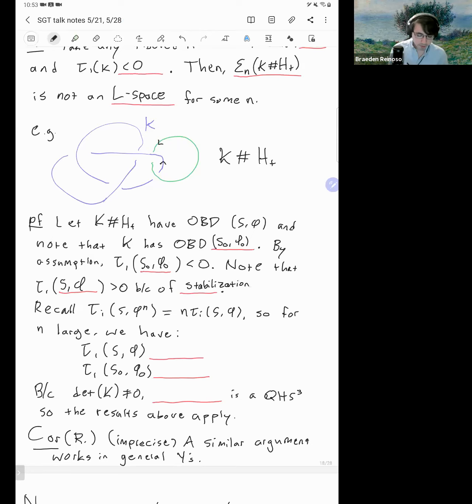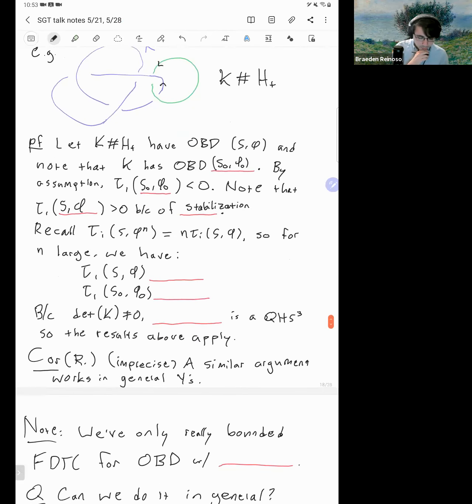So your open book SV is just like a stabilization of some other open book. And so you should have a Dehn twist along that boundary component, so your fractional Dehn twist coefficient should be greater than 0. Now, from last time, we talked about this property of fractional Dehn twist coefficients, where if you take any boundary component and take your monodromy to some power, then the fractional Dehn twist coefficient is just multiplied. So if we take some n that's really, really big, well, then we have that this fractional Dehn twist coefficient along SV